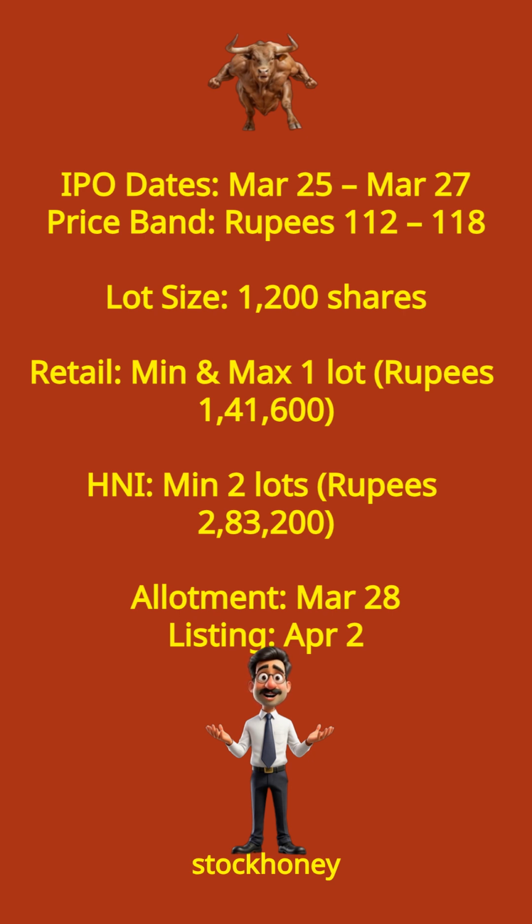Their IPO will be open for subscription from March 25 to 27, with shares priced between rupees 112 and 118. Now, for those looking to invest, the minimum lot size is 1,200 shares, which means a retail investor needs to invest rupees 1,41,600. High net worth individuals, or HNIs, need to apply for at least 2 lots, bringing their minimum investment to